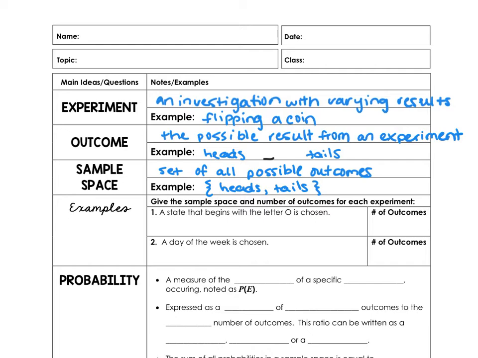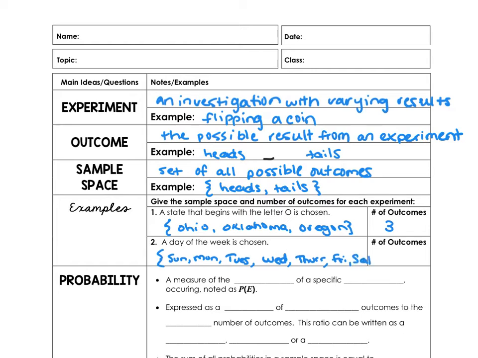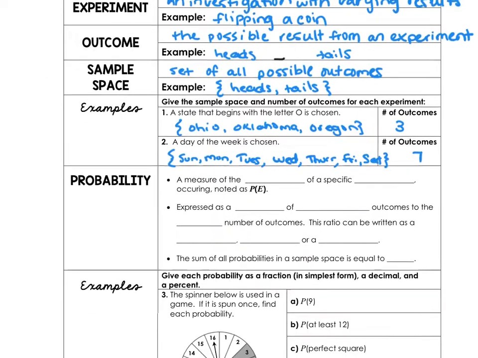A state that begins with the letter O is chosen. Okay, so our sample space here would be Ohio, Oklahoma, and Oregon. So we only have 3 possible outcomes, right? What about a day of the week is chosen? Okay, so our sample space would be Sunday, Monday, Tuesday, Wednesday, Thursday, Friday, and Saturday. So we have 7 possible outcomes. Okay, pretty straightforward. Okay, so now that we have that kind of backgroundy stuff figured out, let's talk more about